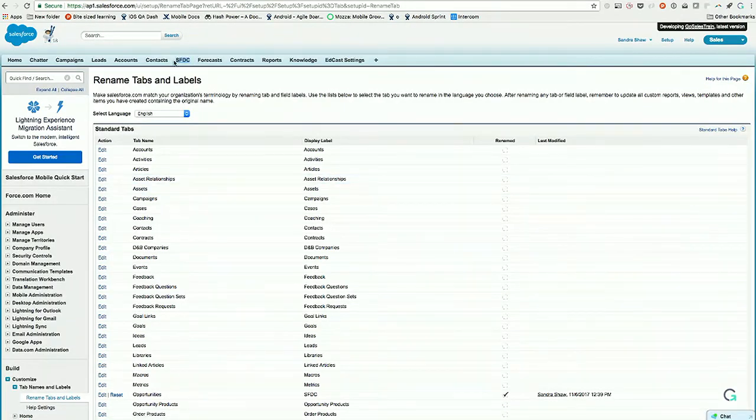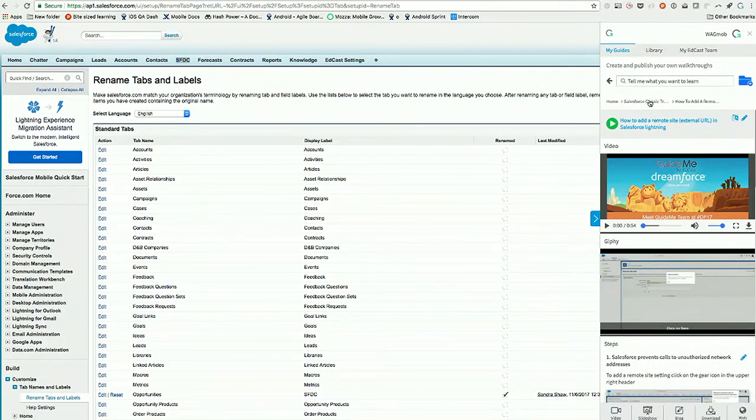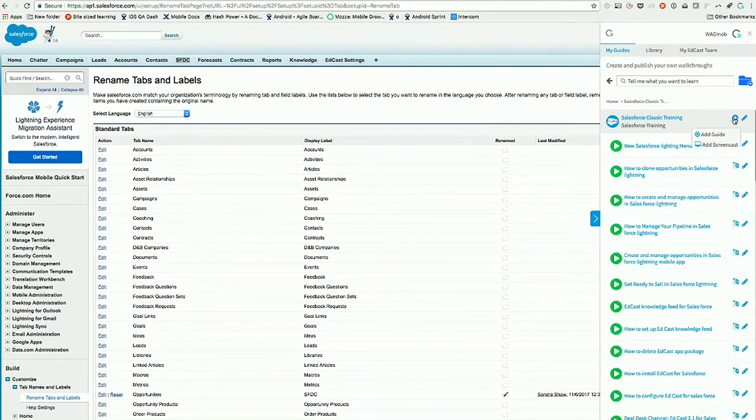So you can perform tasks in Classic, you can perform tasks in Lightning, and this GuideMe helps you to easily migrate your users from Classic to Lightning. You can also see that these guides can be created very rapidly, very quickly. So we'll create one more guide over here. Very quickly, we'll add a guide around